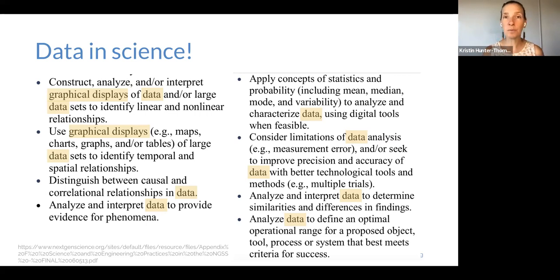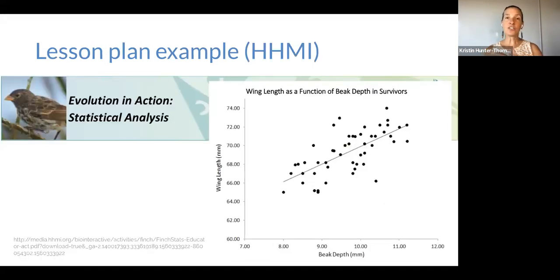It also shows up in our social studies classrooms. Data are all around us. It shows up in our lesson plans where we're having our students work with data, real world data or data that they've collected, to learn a specific concept that we are trying to get them to learn.